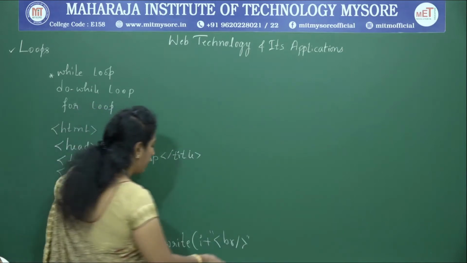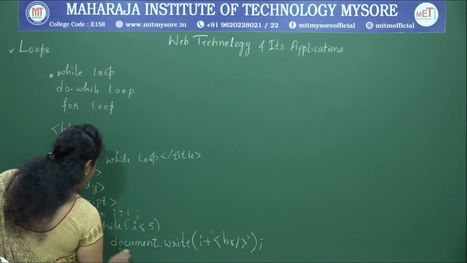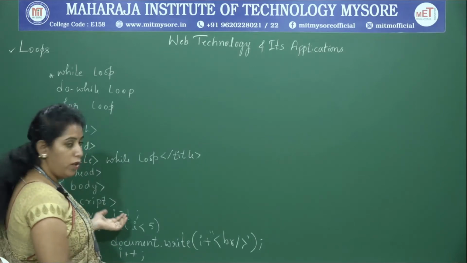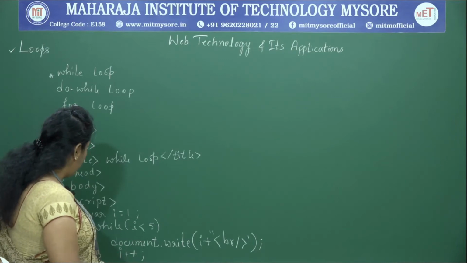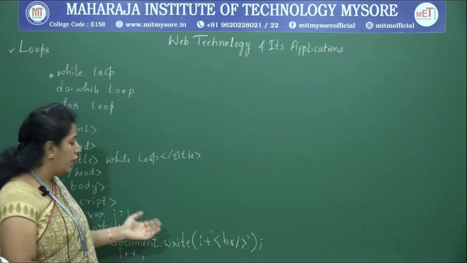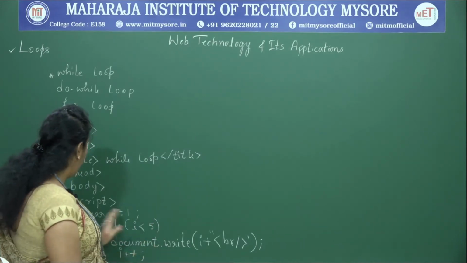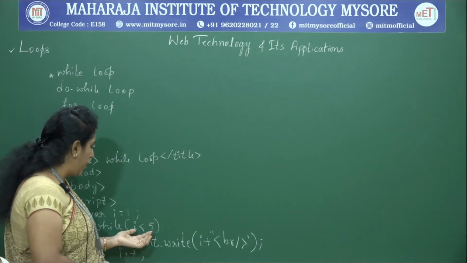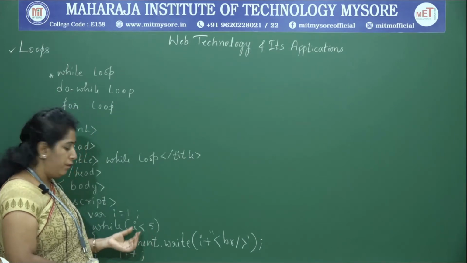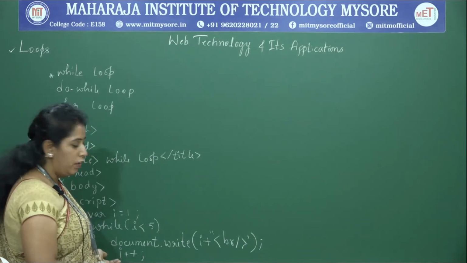in the next line. After that close this, and also for the next iteration i has to be incremented. Since i was 1, in order to print the next number i should be incremented. So i is 2 now, 2 less than 5, true, so it is printing 2. So on like that the looping will be done. Once this condition is not met, for example once i becomes 5, 5 less than 5 is not met, by that time the control is going to come out of the while loop.